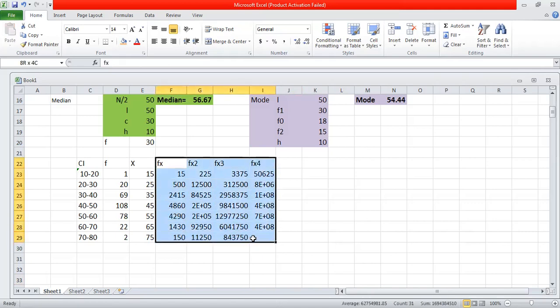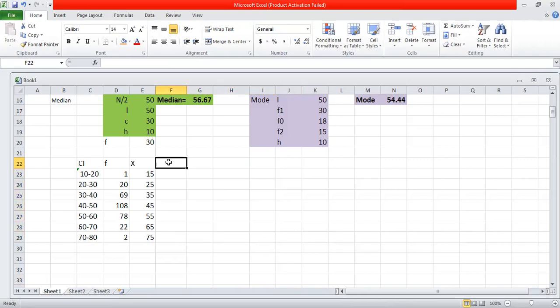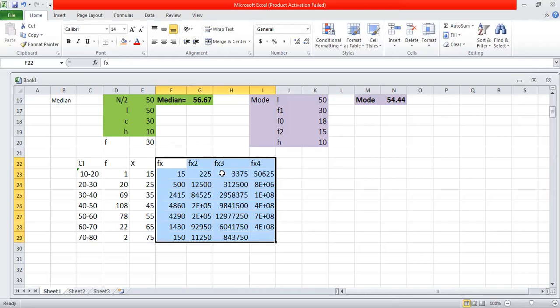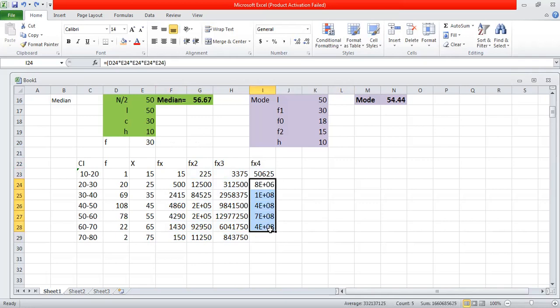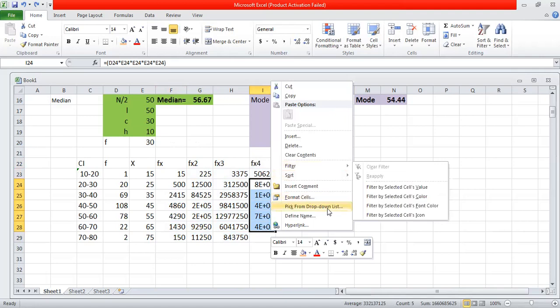I shift the origin and scale values. How to do that? U equals to x minus A by h. If I shift the origin and scale, then I can find out these values. So you can do it like this, or you can use these formulas also, no problem. As we are not calculating, anyhow the computer will calculate. So I just prefer to keep these values as they are.